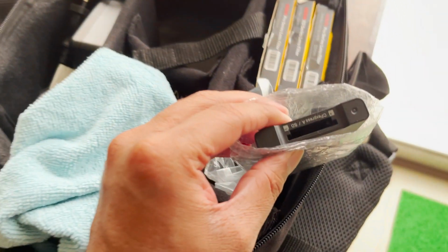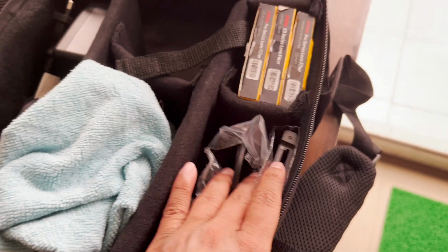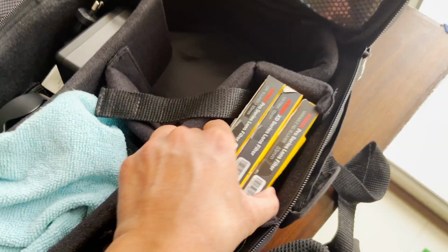It even helps to read. You can also use a normal SD card with this card reader. And other than that, we have this